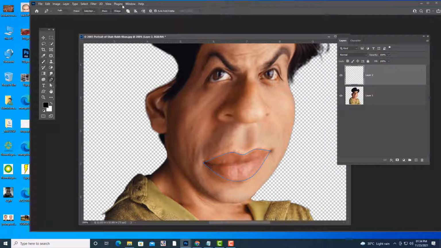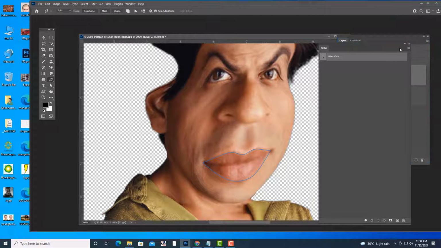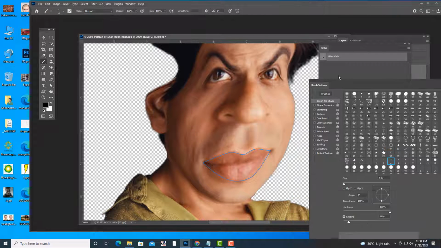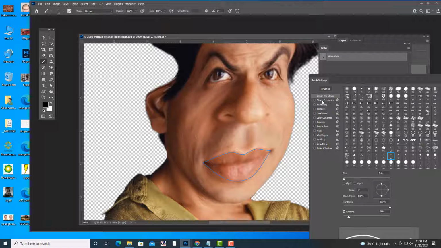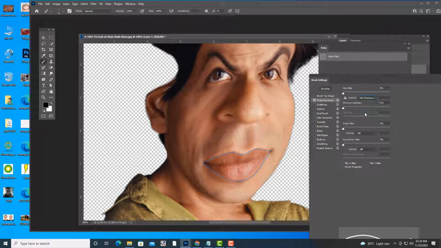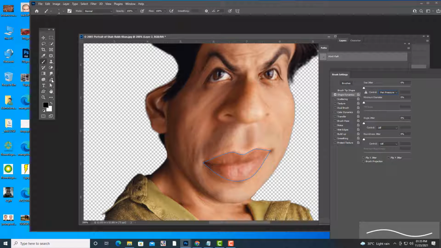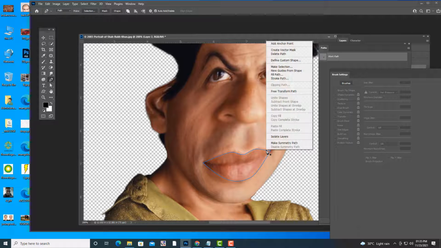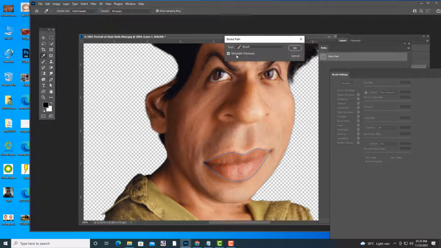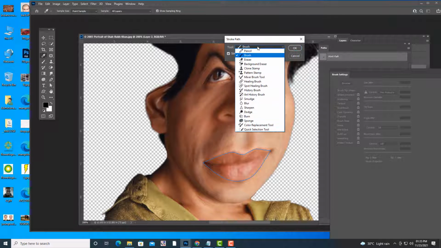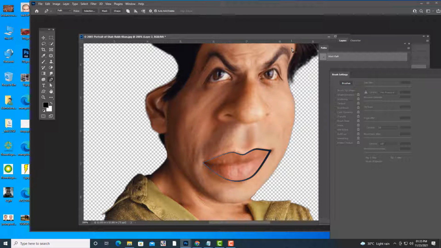We have to open the paths palette. First we go to the brush settings, shape dynamics, pen pressure. Then we select the pen tool, right click, stroke path, simulate pressure. Take the option as brush.